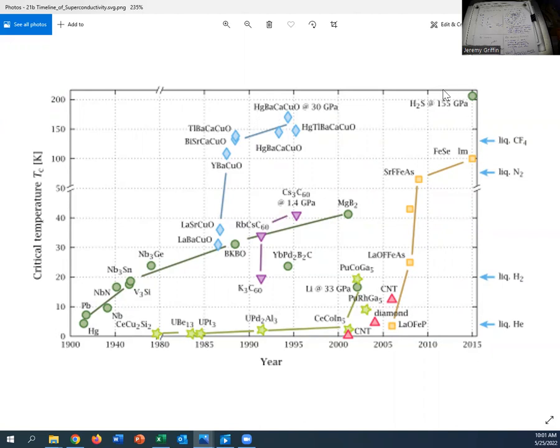Looks like I've got some materials up here. The catch with some of these is that it says 30 gigapascal, 150 gigapascal, so we're talking about crazy high pressure. But if you could have something that went superconductive at room temperature, which scientists and engineers are still on the hunt for, close to room temperature,